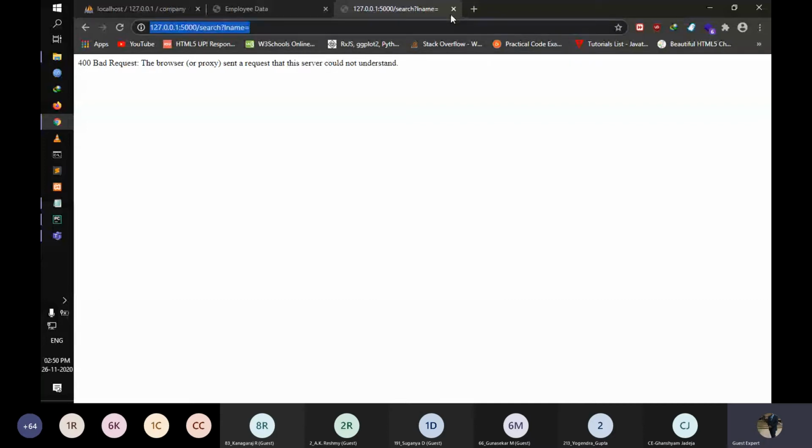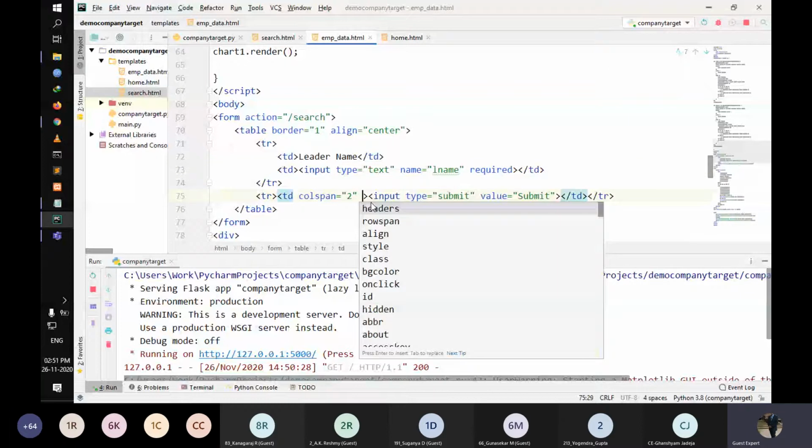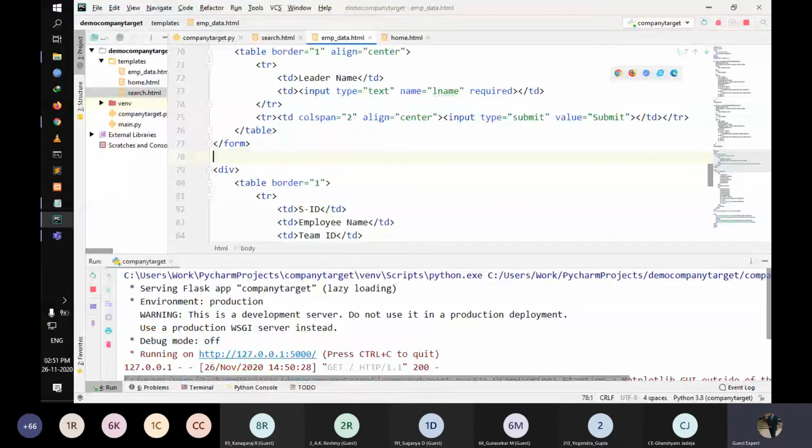This is the button we are creating, and what we can do here is we can just write required, so no one can pass an empty value. So when you click on submit and it's without entering any value, it won't let you do that. I'll just add BR here.